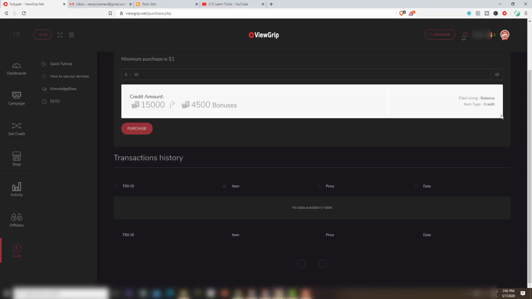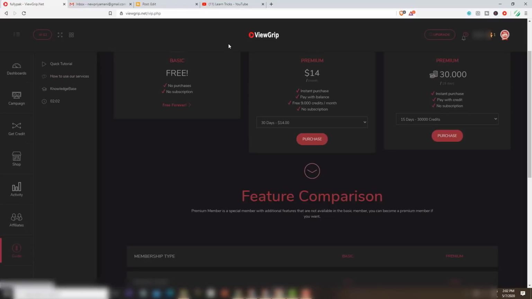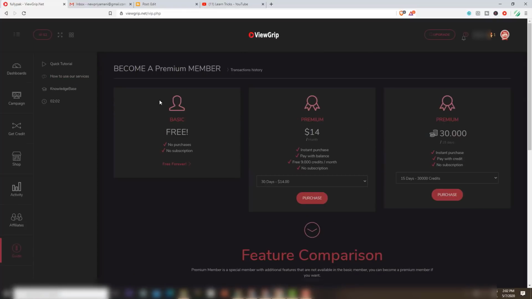you can also use this method to get things faster if you don't have time. Then another option we need to look at is buying premium membership. Currently our membership, once you sign up, will be a basic membership, no purchases, no subscription, actually free forever. There is no limitation for the free, so you can be a permanently free member. But for premium, they have another option: premium for 1 month, $14. So you can instantly purchase things and pay your balances, and then you will get around 9,000 credits per month